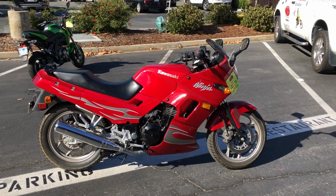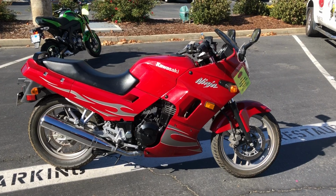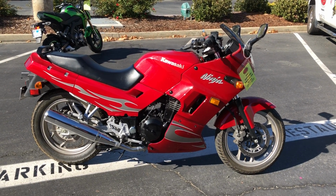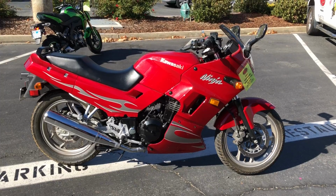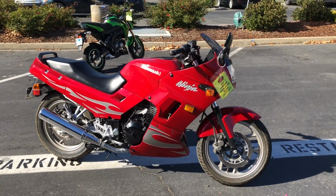Here we are at Contra Costa Powersports at our new location, 1150 Concord Ave. And today we have our 2007 Kawasaki Ninja 250R. This bike is in beautiful shape, only